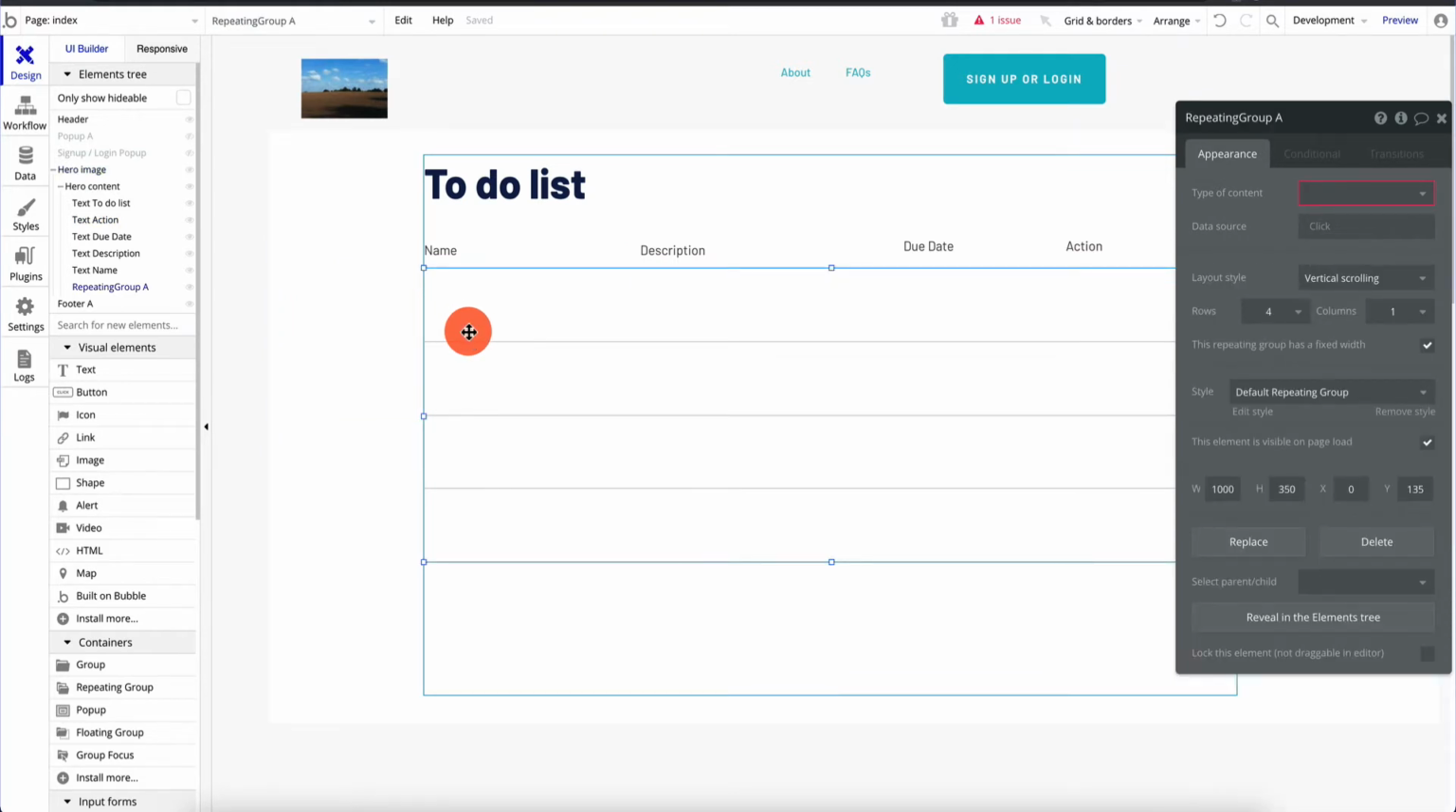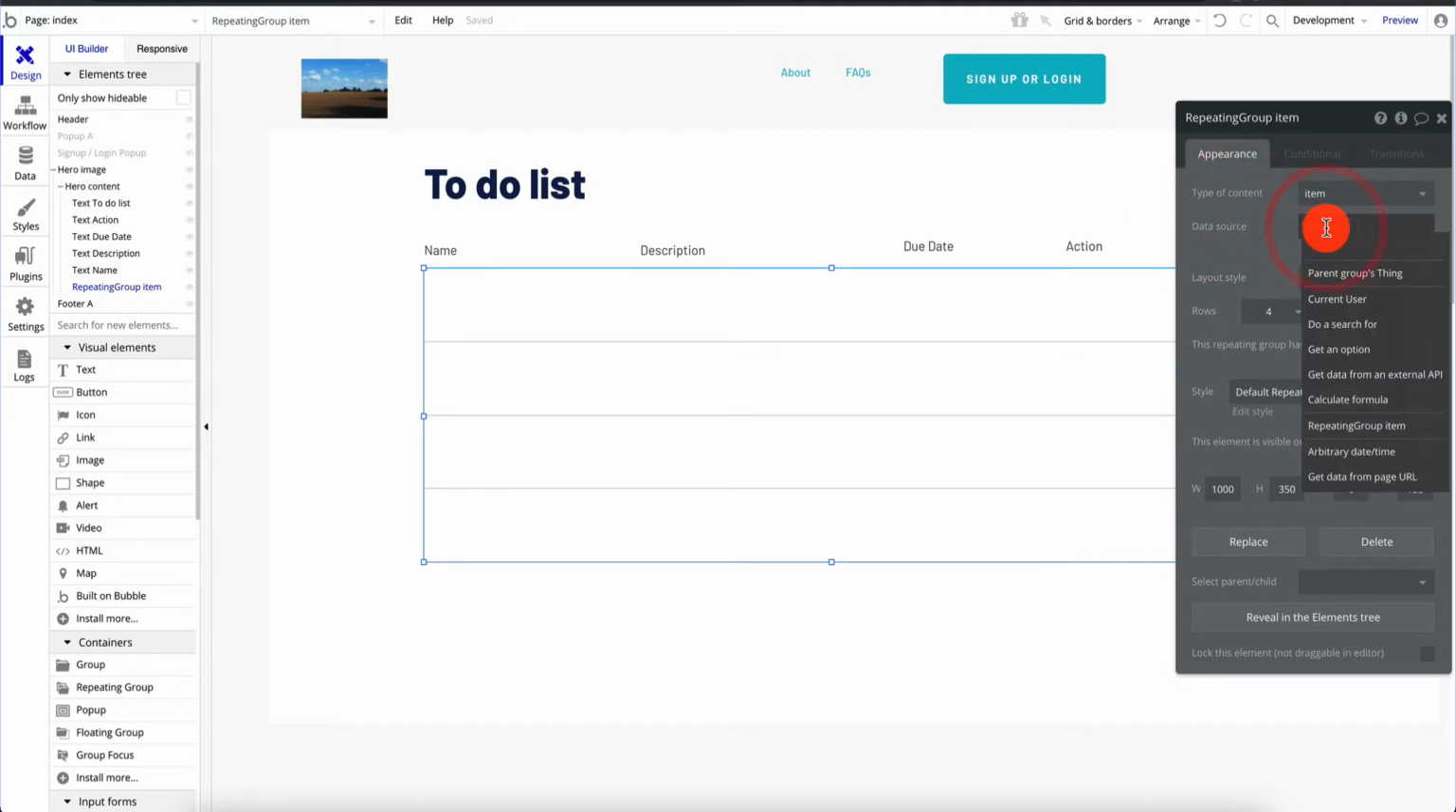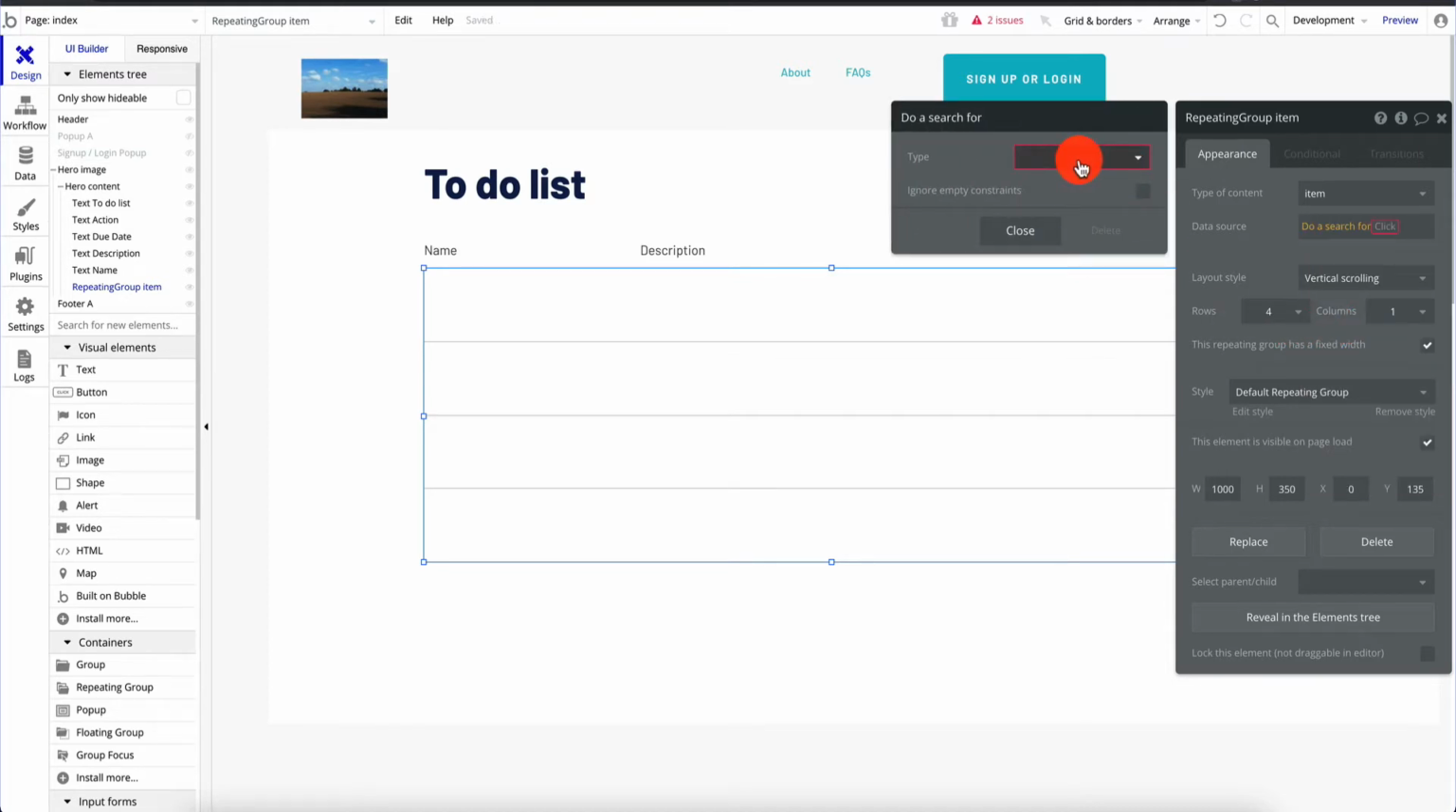And the next thing you want to do is assign the type of content to this main repeating group, right? This is going to be an item. And when we click on the data source, we want to do a search. So we can list all the items. But typically you want to do a search for. It opens a new